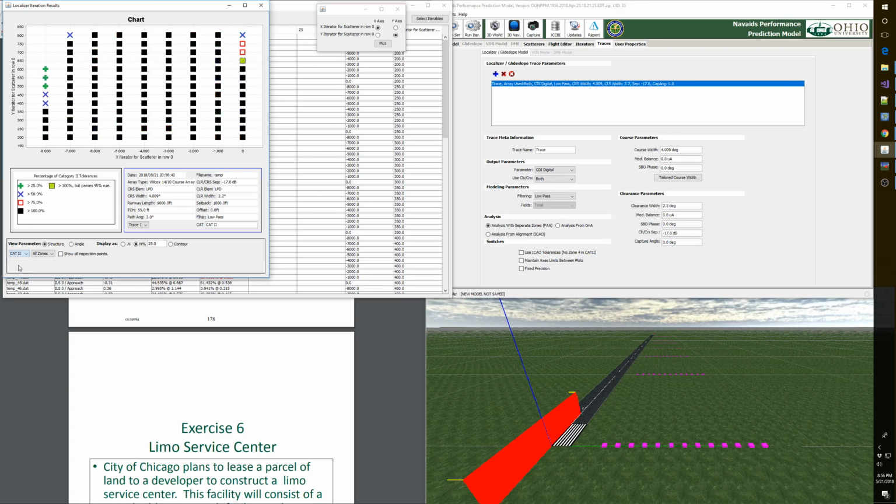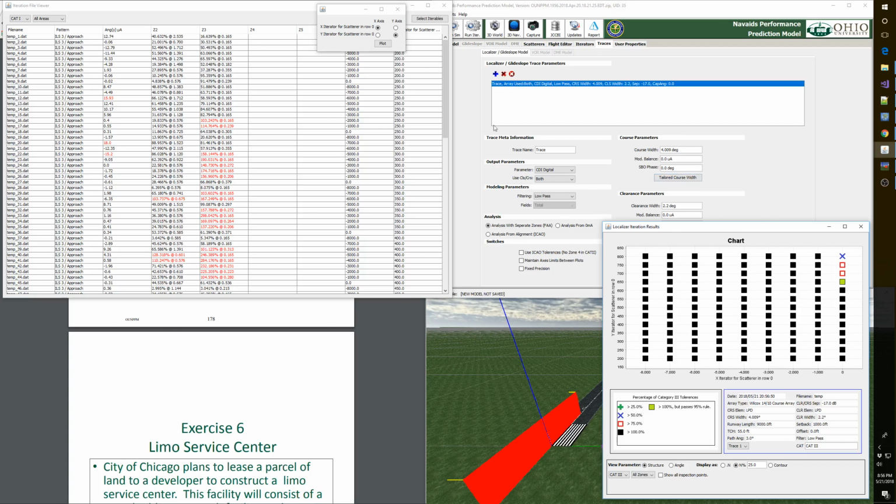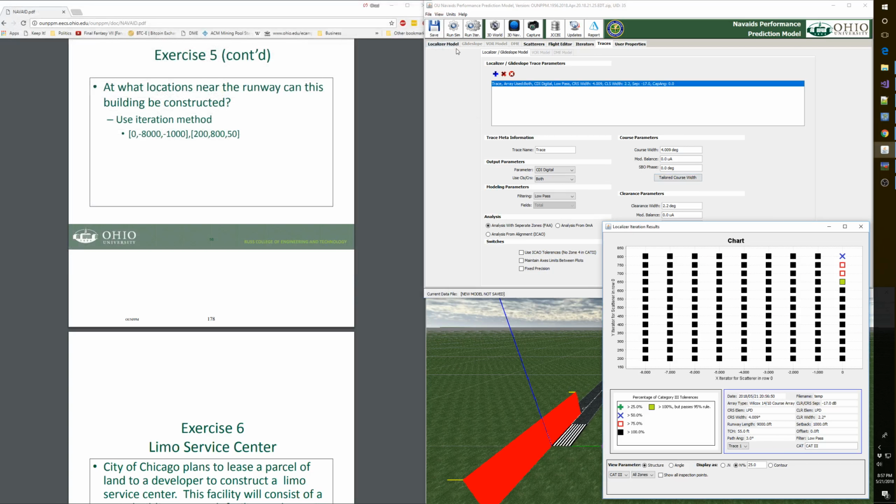So we cared about Cat 2. As you can see, not a whole lot of permissible areas. On here, black means greater than 100% of tolerance. Cat 3 is even tighter, where the only permissible places are up here in the corner, and they're all above 50%. So we're going to save this because we want to see whether the 2010 does any better,